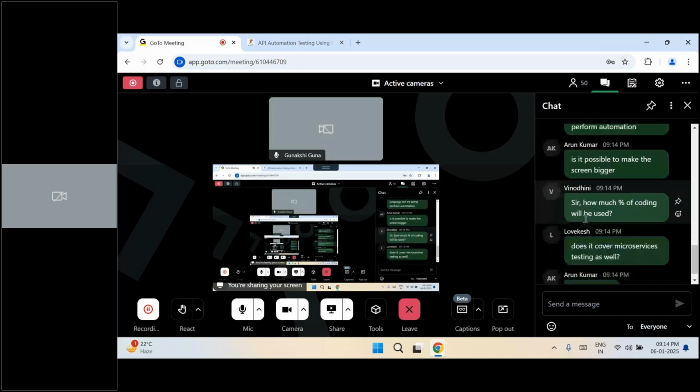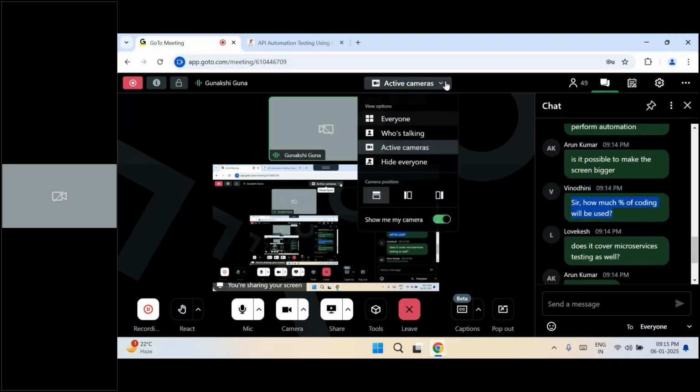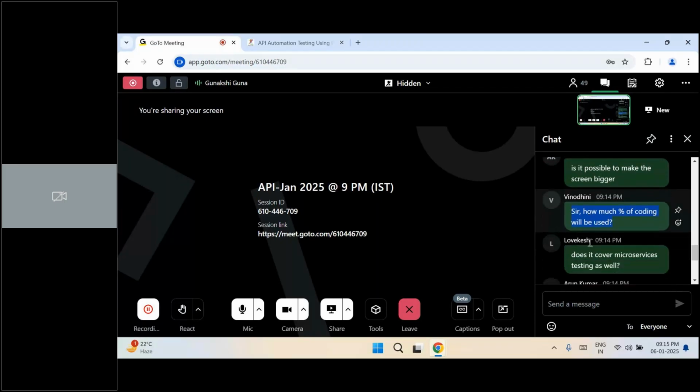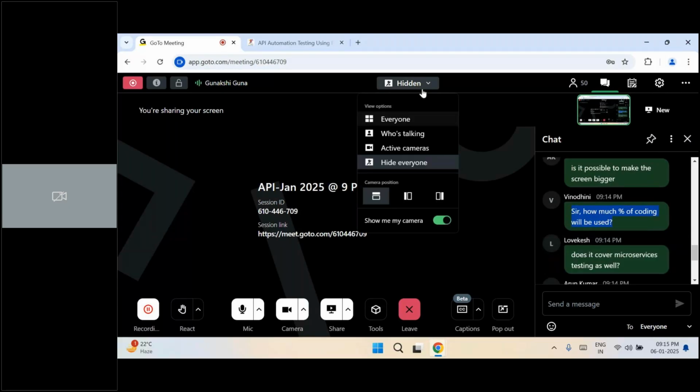And Vinodini says, how much percentage of coding will be used? I would say, see, Postman is a GUI tool, so a lot of configurations can be done within the tool, thereby minimizing the possibility of coding. But basic scripting we have to write assertions and validate it. I would say 20% of coding is what we have to do. But even if you do not know Java, JavaScript, that should be okay, because it's not necessary for us to code anything. There is an inbuilt chatbot within Postman tool using which we can automate it. So I guess that should be pretty much easy for you.